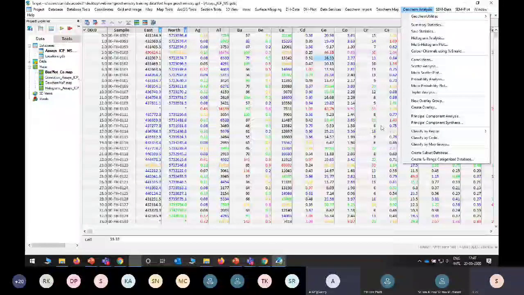Second is DH data, that is drill hole data. So based on the drill hole data, whatever drill hole data I am having of any region, of any commodity, I can generate the different drill hole maps based on the data. And I can create the model also, 2D model, 3D model.